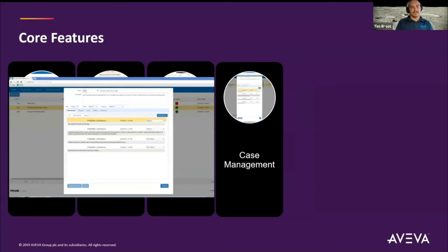And so as you investigate an ongoing issue, you have a tool called case management. What case management is designed to do is a few different things. Coordinate with your team. You may be the analyst analyzing these alarms and models, coordinating with maybe a maintenance team and the supervisor team or management team on the progress or current state of this investigation of this early warning detection. And there are fields where you can share comments and follow up with people